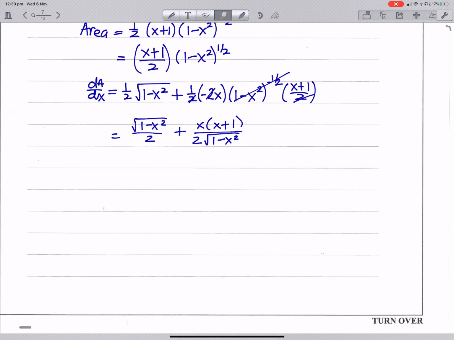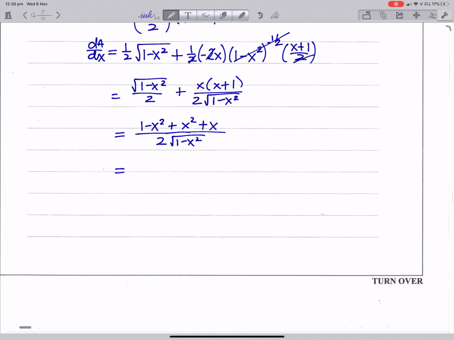If we do that, on top we get 1 minus x squared, because if I multiply that by root 1 minus x squared, it just becomes 1 minus x squared. 2 plus 2 root 1 minus x squared plus x squared plus x. So we end up with